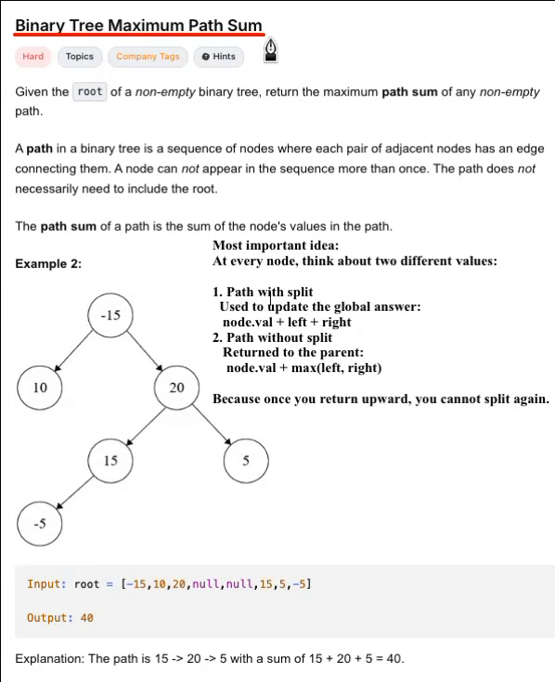Binary tree maximum path sum is one of the easiest hard questions I have seen. Given the root of a non-empty binary tree, return the maximum path sum of any non-empty path. The question is pretty easy. We have to make sure we find the right path, and the path does not necessarily need to include the root,